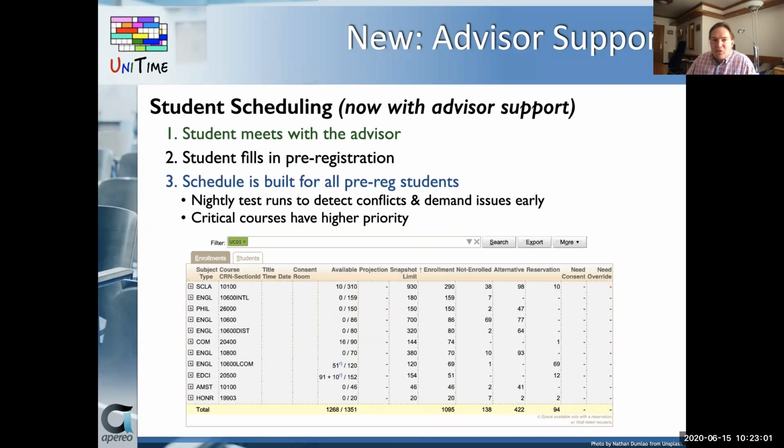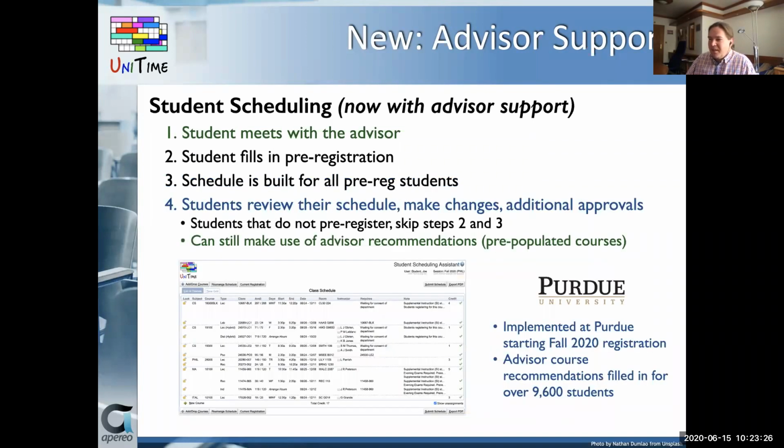We can also use student plans, degree plans of study, to identify critical courses, that is courses that are needed for the student in order to be able to make progress towards their degree. Students where such a course is identified as critical can then have a higher priority in getting the course. So if there are more students than there is space in the course, we can make sure that the students that do really need them to be able to make progress will get it